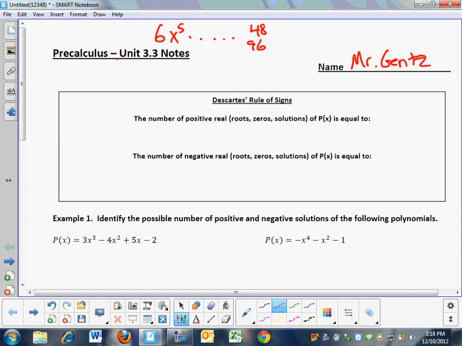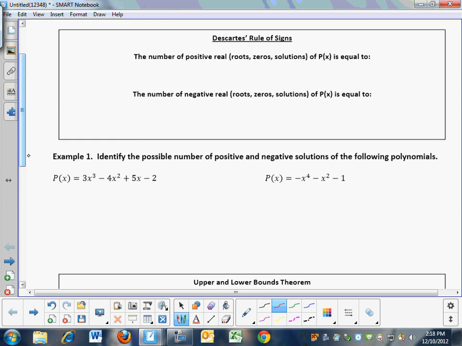Well, Descartes ran into the same problem along with many mathematicians. And they said that there's a way we could be smart about what numbers we're choosing to use. We're going to learn to be smart today with the numbers that we're choosing. Descartes' rule of signs says as follows. The number of positive real roots. This doesn't say anything about complex or imaginary solutions. The number of positive real roots, or solutions or zeros, those are all the same things, of p of x